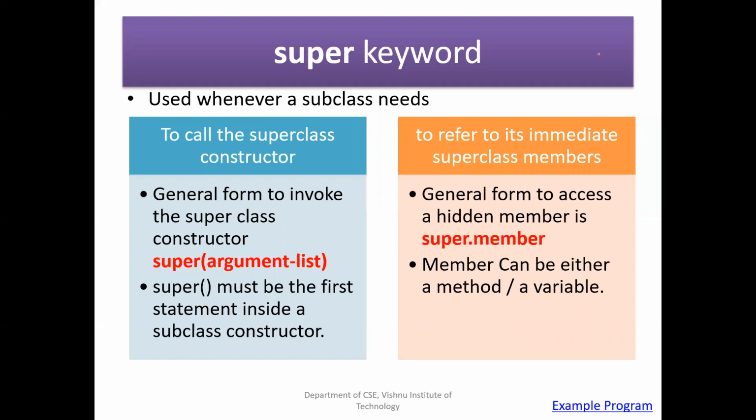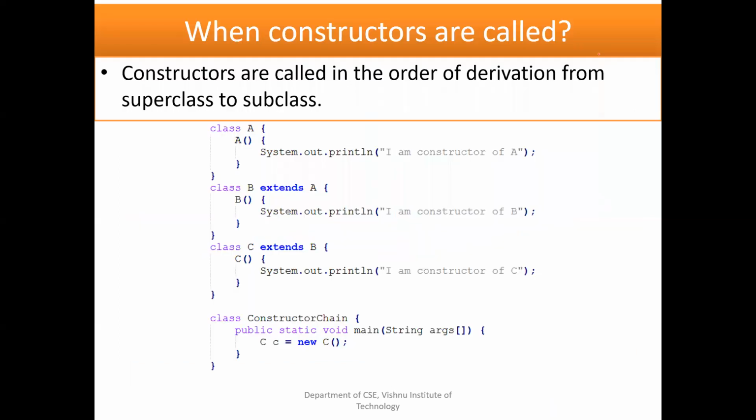So far we have discussed inheritance. We know that we write constructors to create objects. How do constructors get called when they are involved in inheritance? This is called constructor chaining. See, we have three classes here: class A, class B is a subclass of class A, and class C is a subclass of class B. In the main method, this is one object class, second object class, and third object class. This class has the main method, so this is the driver class.